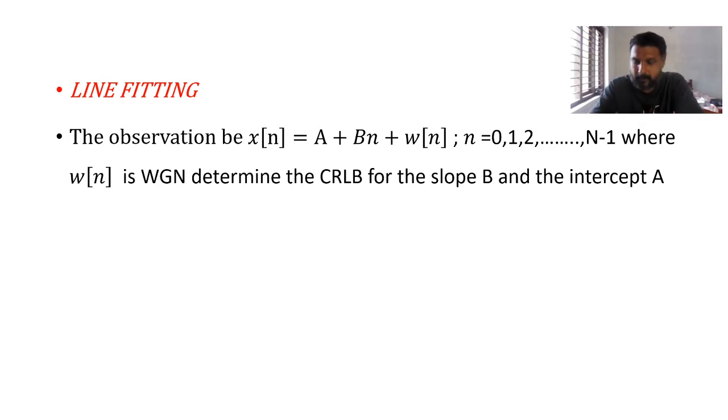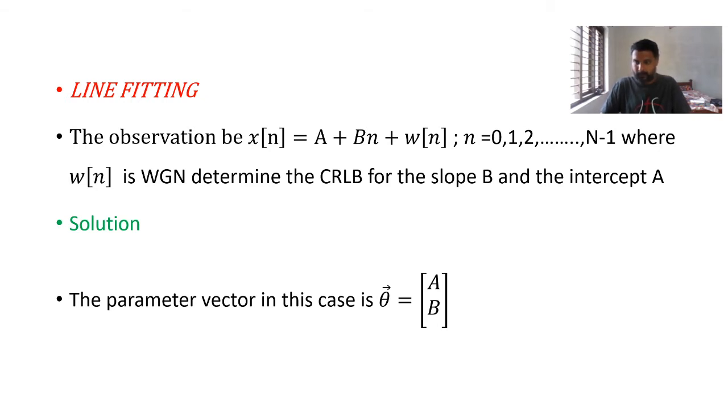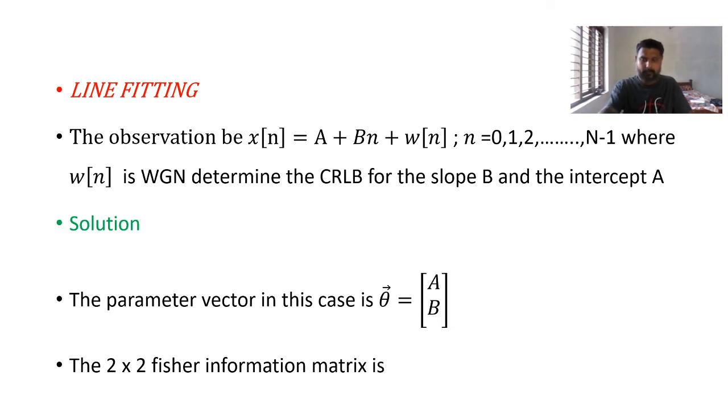So we can proceed with the solution for this one. The parameter vector, the true value of the parameter vector in this case, is theta, which is nothing but A and B, or A B transpose. First we need to calculate the Fisher information matrix, that is I of theta. So it is a 2 cross 2 Fisher information matrix. So I can write it as I of theta